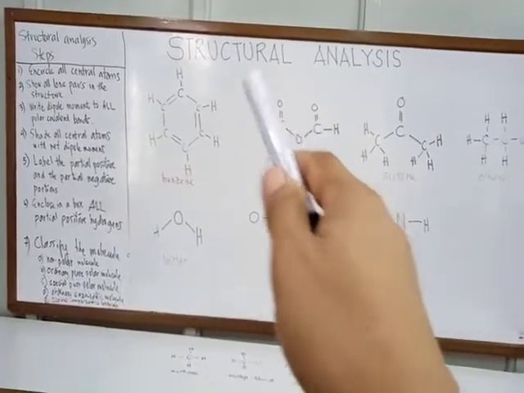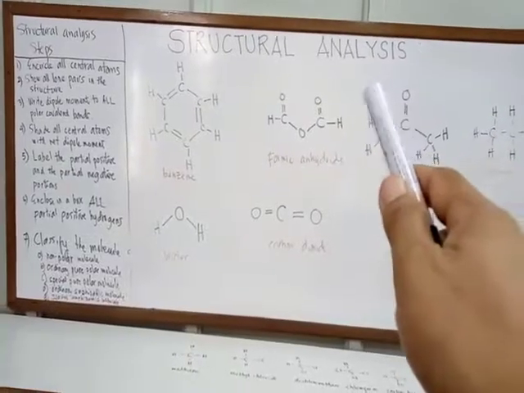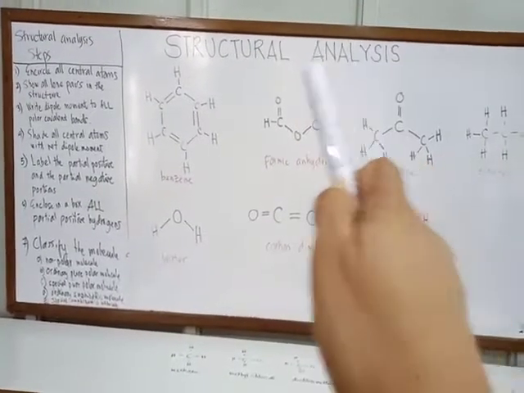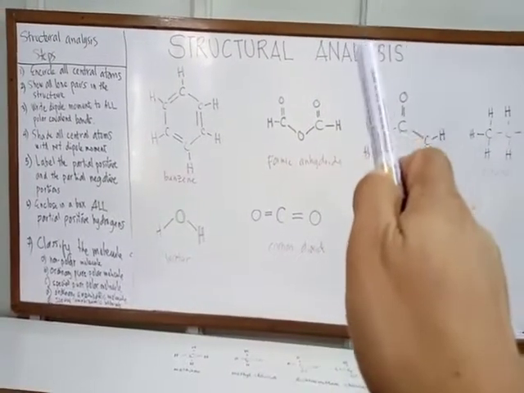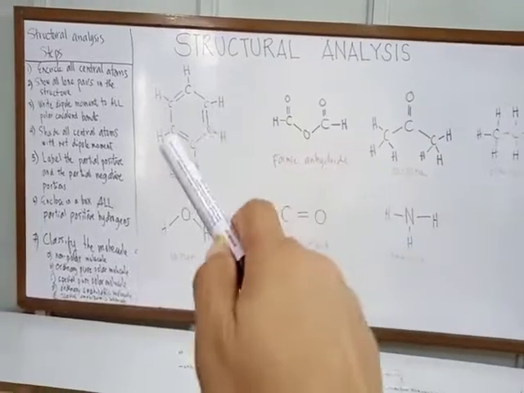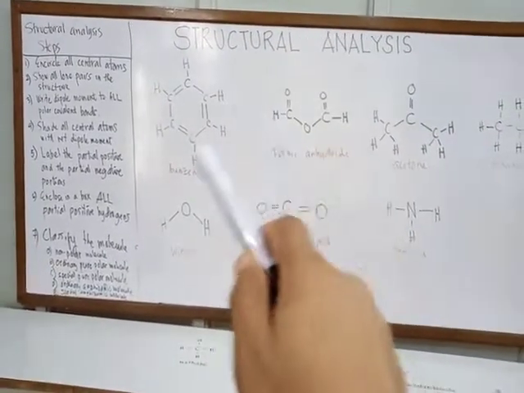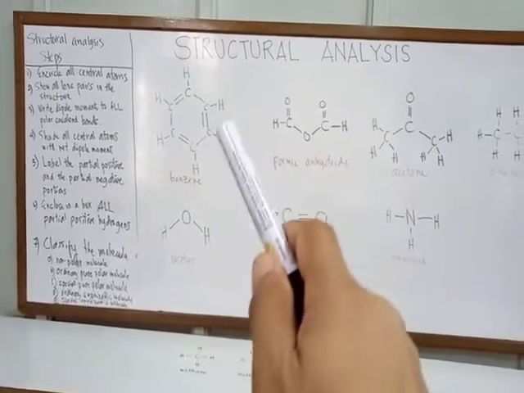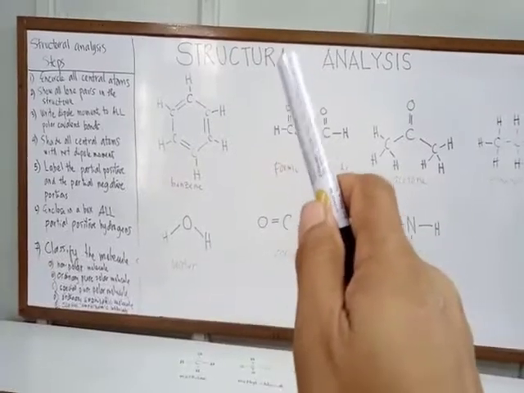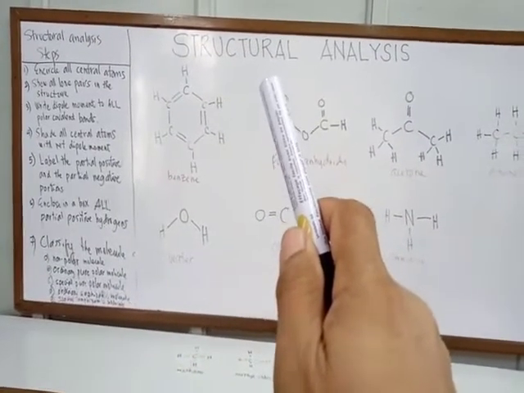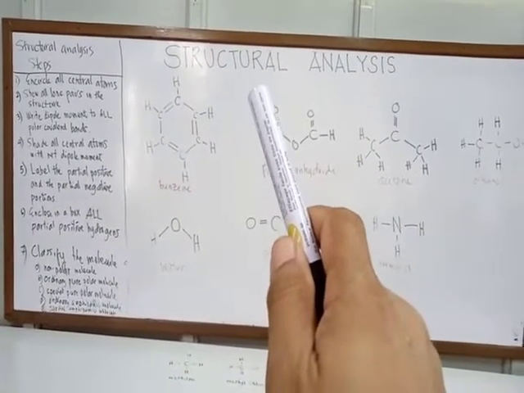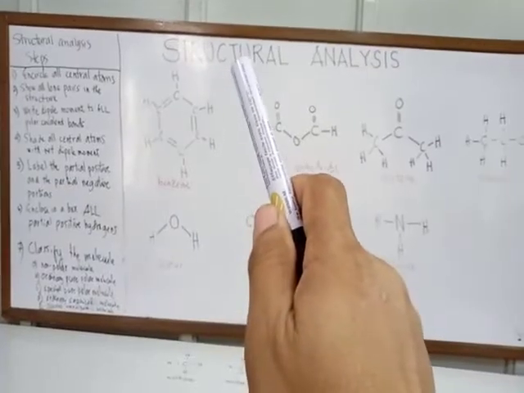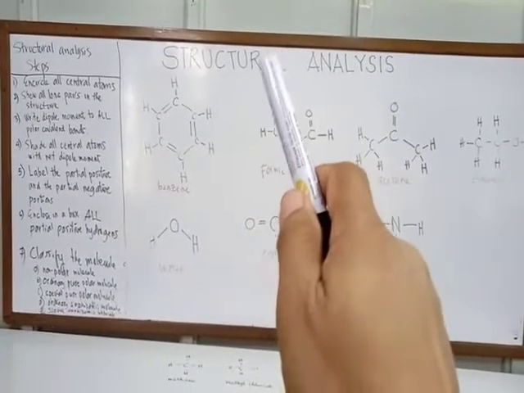Of course, in structural analysis, what you need first and foremost is the structure of an organic compound. And the reason why we are going to do this is because we will be using the result of structure